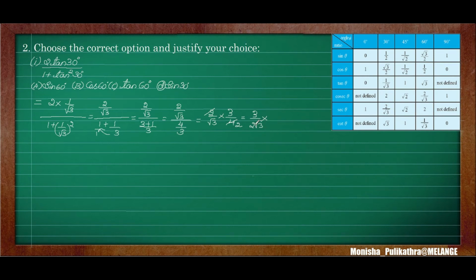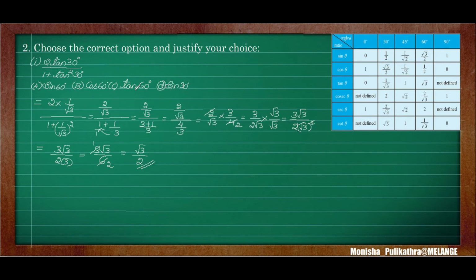For this we need to do the rationalization. So it will become 3 into root 3, 3 root 3, divided by 2 into root 3, which will be root 3 whole square. So square and root get cancelled. So here 3 root 3 divided by 2 into 3. Square and root get cancelled, so 3 will be remaining. So 3 root 3 divided by 2 3s are 6. So 3 1s are 3, 3 2s are 6. So it is root 3 by 2. So this is the answer. Now we have to find out which option gives the answer of root 3 by 2.